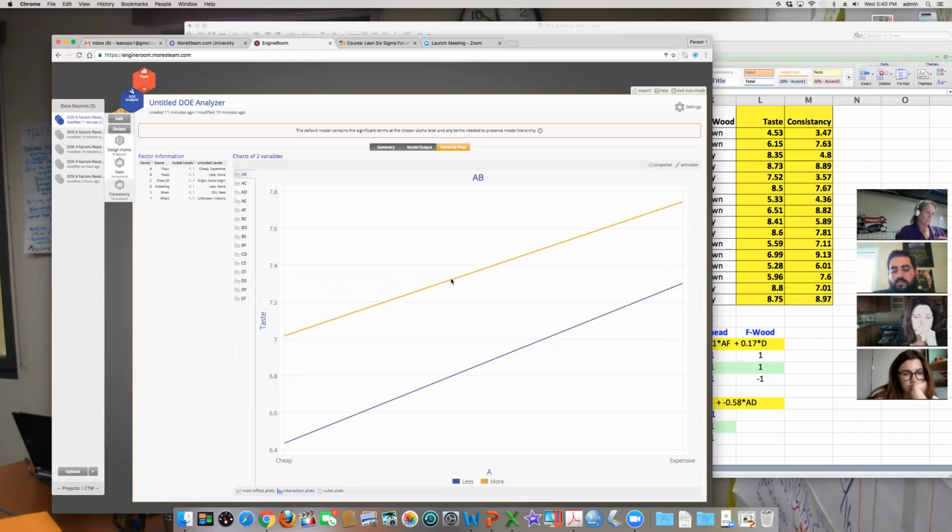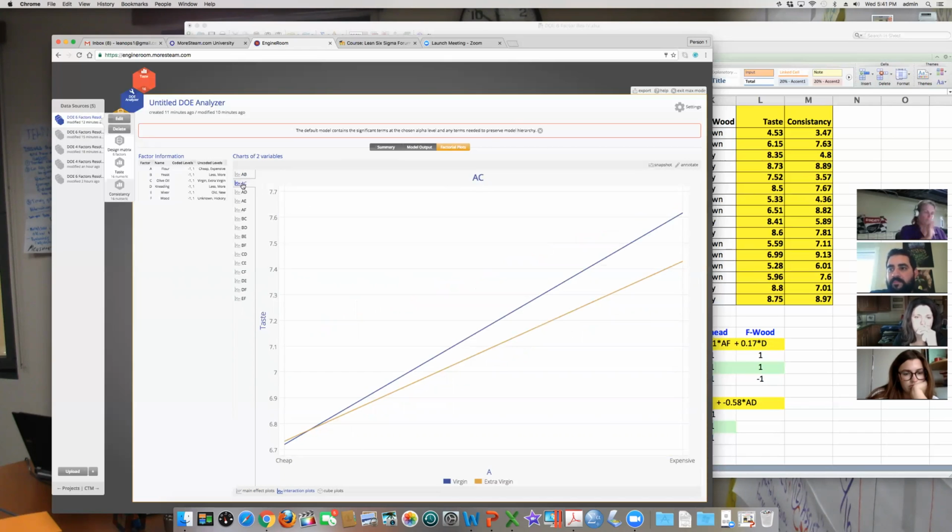Looking at this, it looks like there's no interaction. If these lines are essentially parallel or don't intersect, that means there's generally not an interaction between those two things, right? So going down, it looks like I've got a little bit of an interaction between A and C,